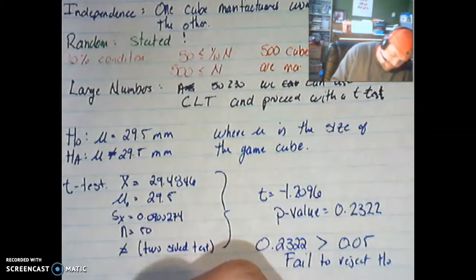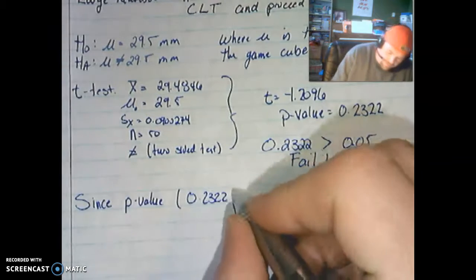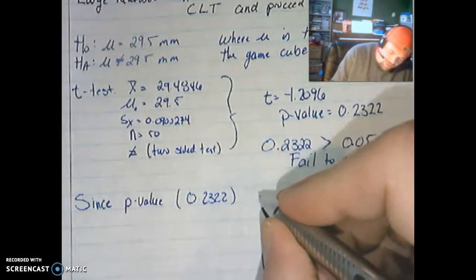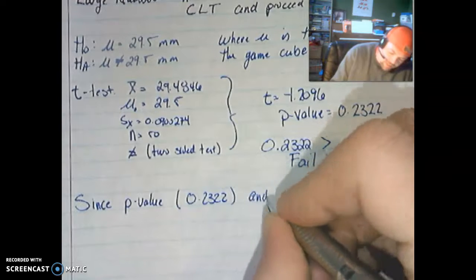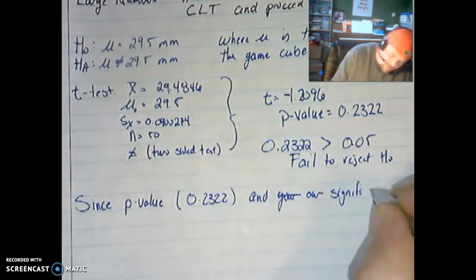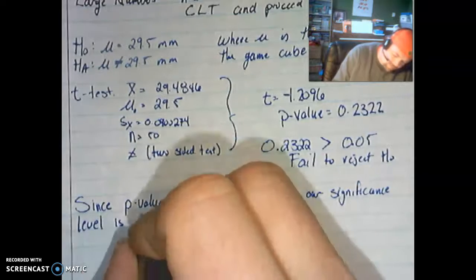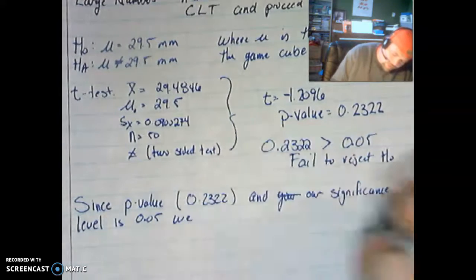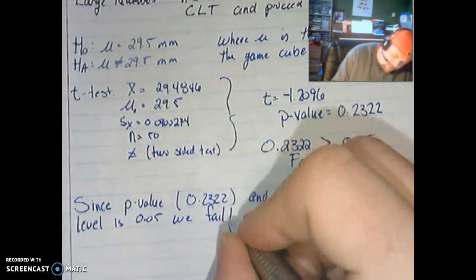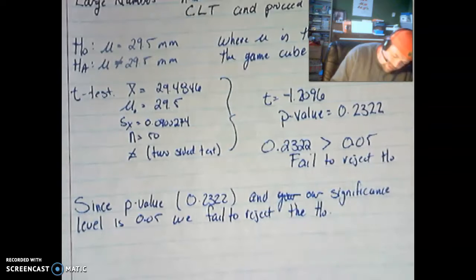Since the p-value is 0.2322 and our significance level, we fail to reject the null hypothesis. Okay,